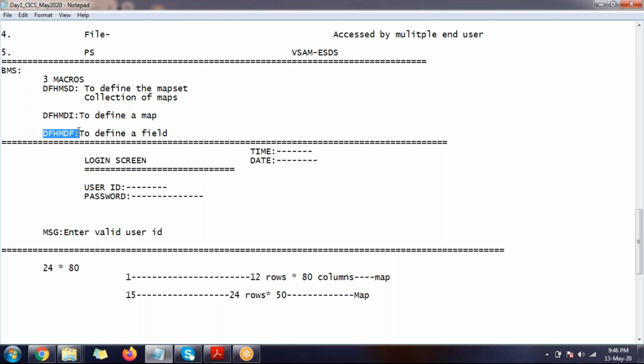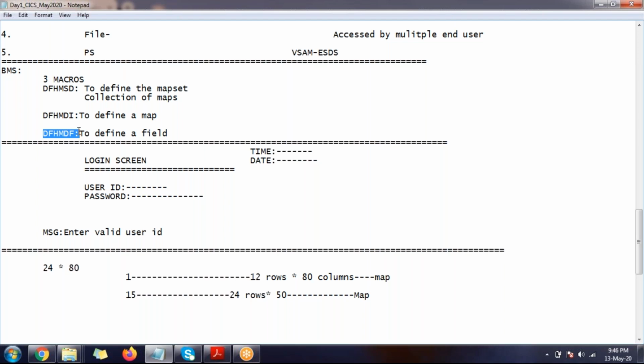So these are just to define the screens, correct? There is no correlation between map and map sets, correct? We use these only while defining. See, that is a structure. I cannot say there is no correlation; it has some conditions.